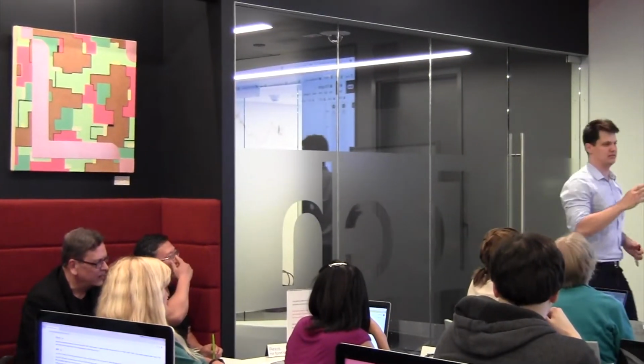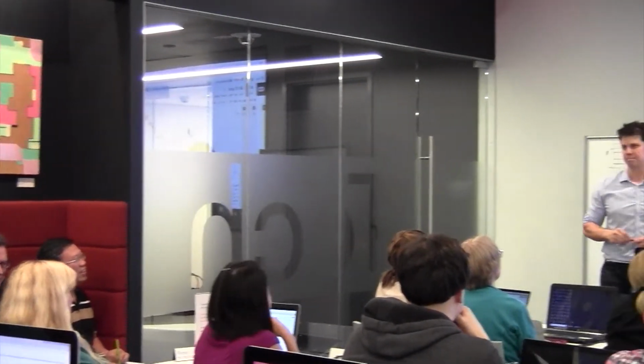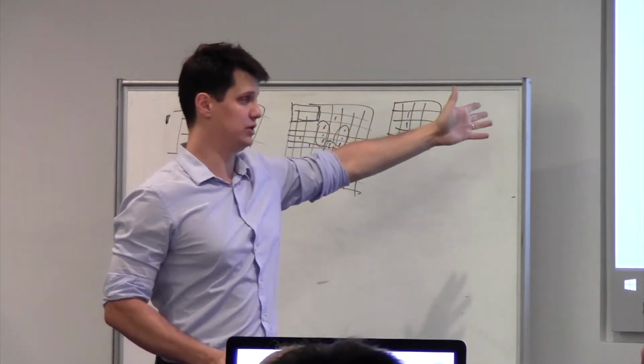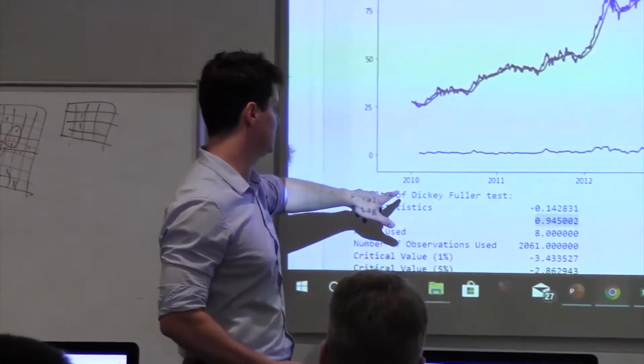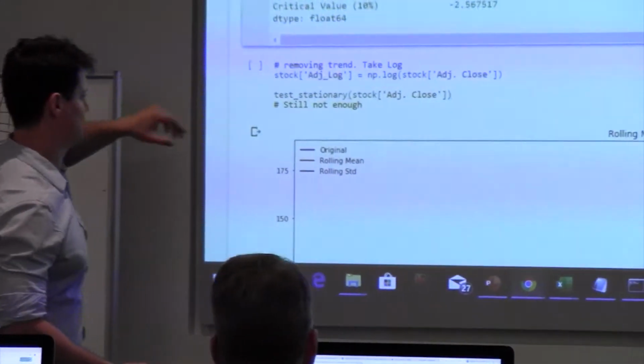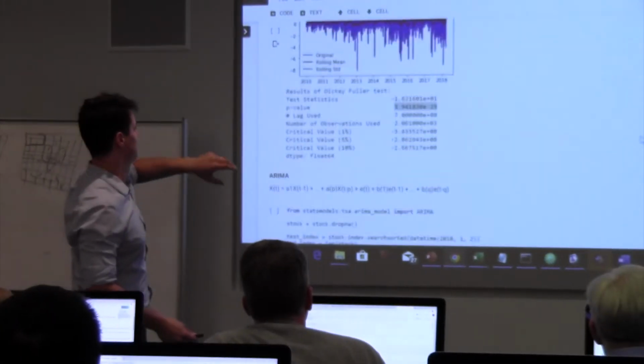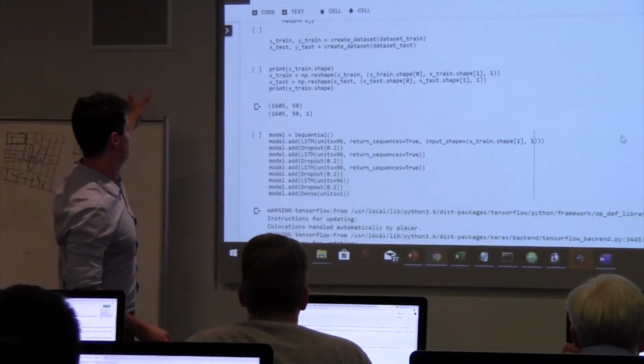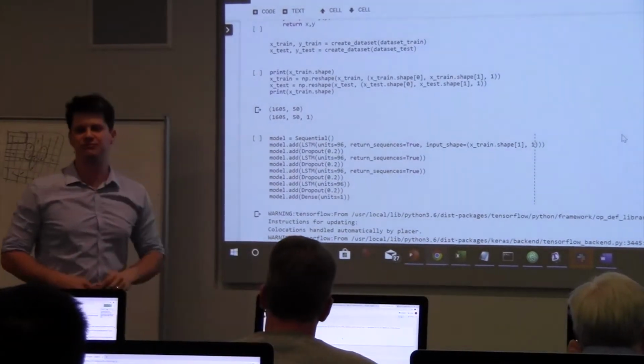So that's the idea. But now, if you go down a little bit, probably we're going to have to run the whole thing, but let me show you how you build it. Okay, building a model is actually very simple.